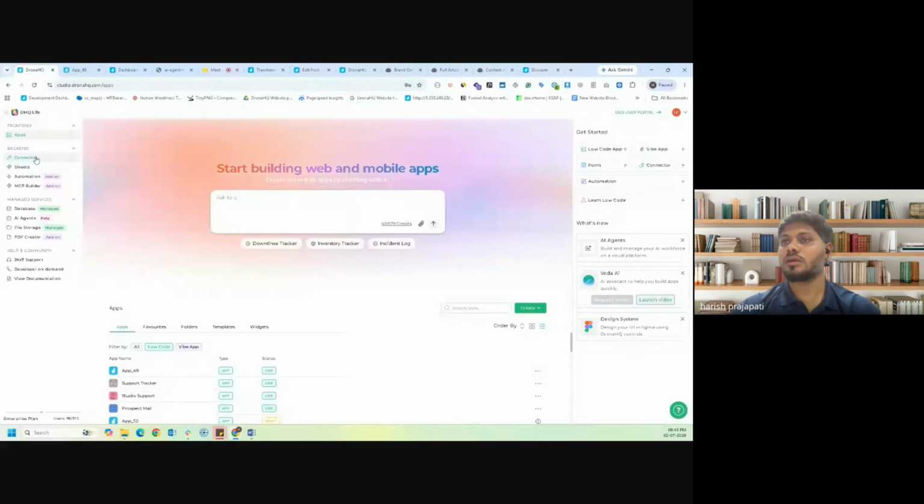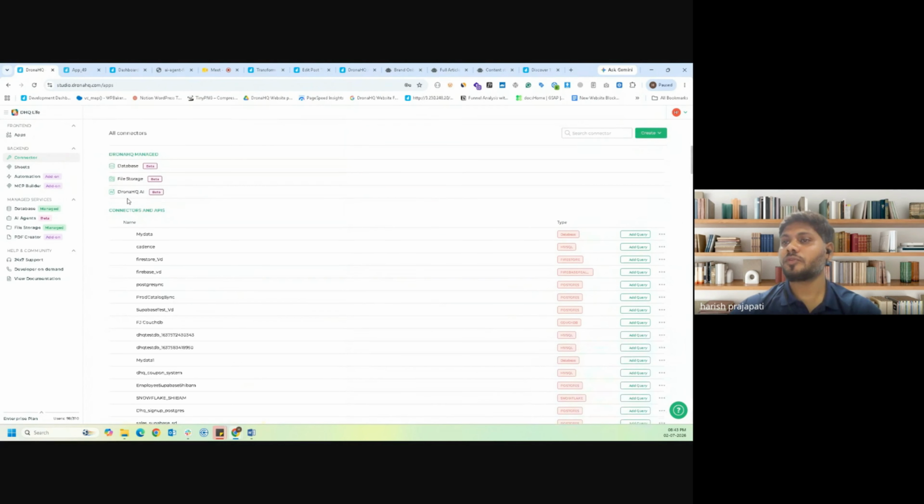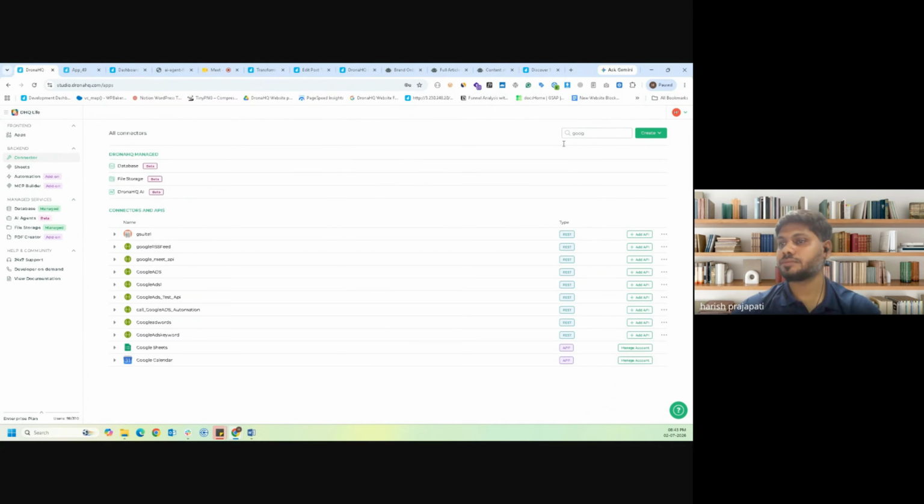So, keyword planning. Let's share my screen again. For creating the keyword planning, we integrate the Google API. First of all, we create a connector on DronaHQ Studio. I have created the Google